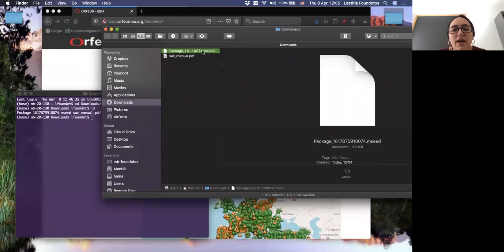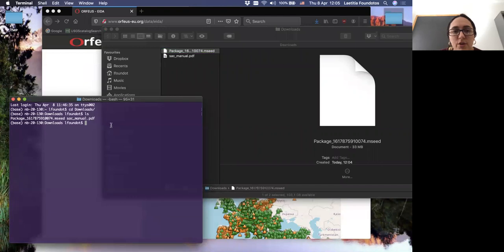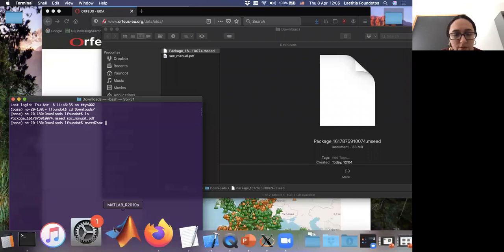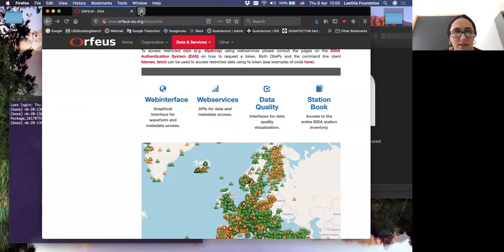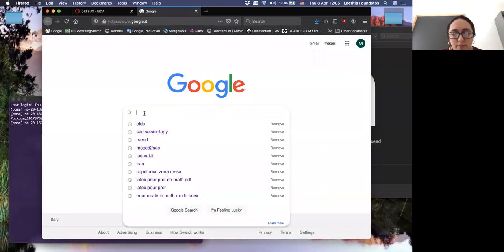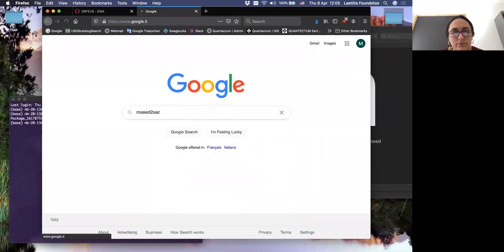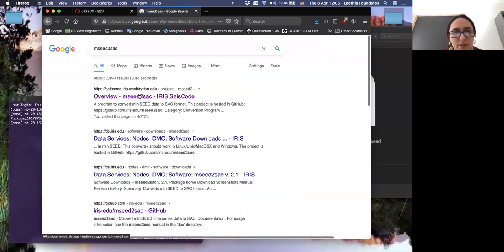I have to use one function, the name is mseed2sac. You can download it on the internet. Just type mseed2sac.